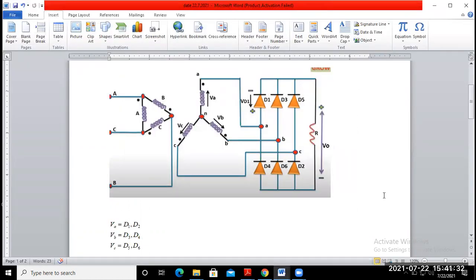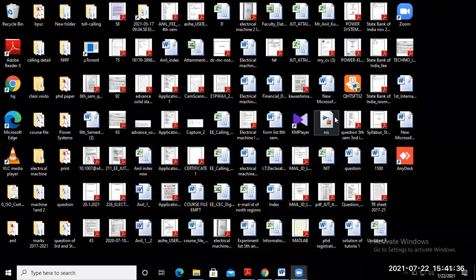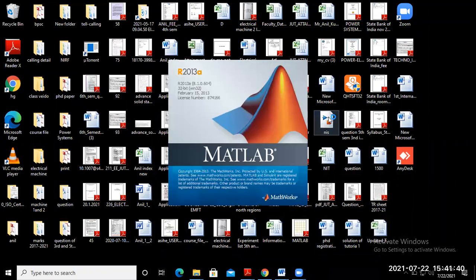So just again go to MATLAB and open this one, and create a new file for Simulink of the circuit. MATLAB is taking a lot of time for opening the file. So just wait a few minutes.